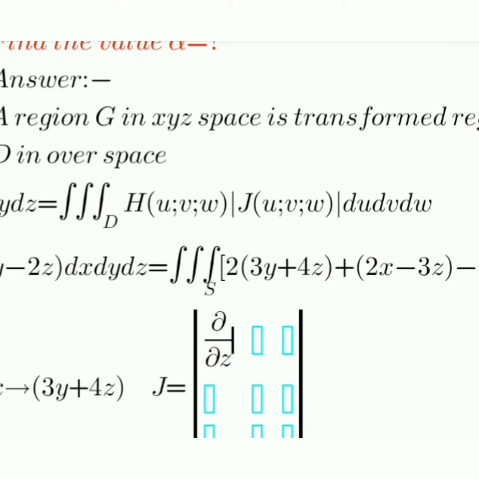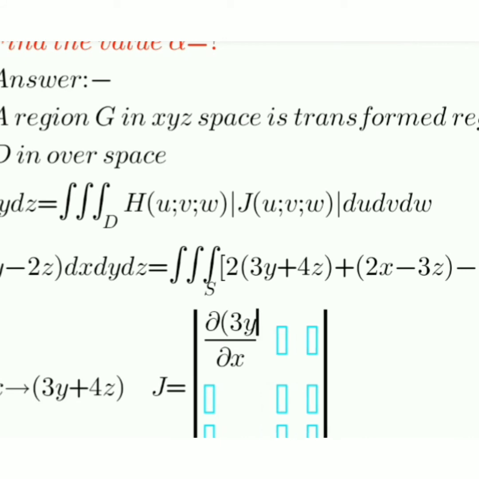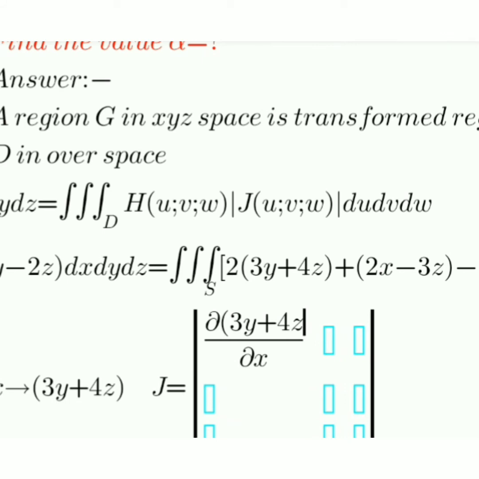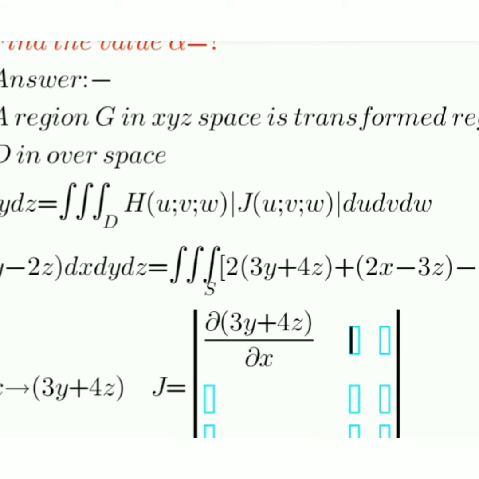First del x, and x and 3y is the upper term, which means the converted term is 4z, and you can write it this way: